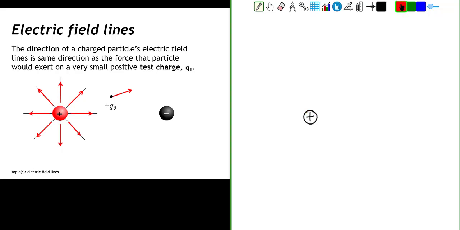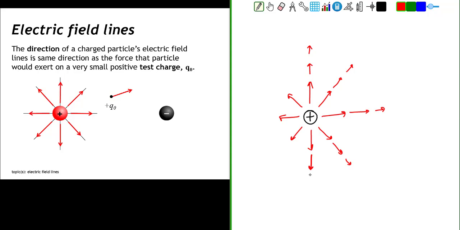Let's see if we could get a sense for the electric field due to this positive charge. If you probe enough points in space, you will be able to create a picture of the electric field due to that source charge. We know the electric field points radially away because we know the electric force of repulsion against our positive test charge lies along the same line as the electric force.